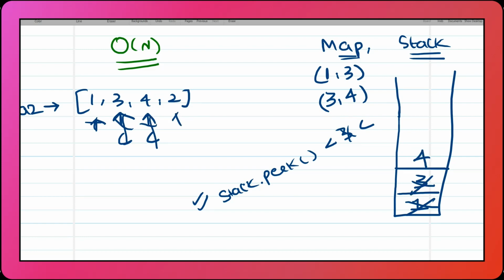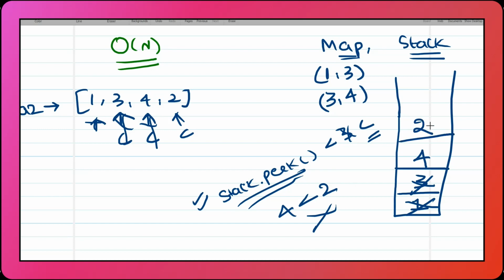Then my current element is 2. For 2, is this condition going to be satisfied? Here the peek is going to be 4, and the current element is 2. No. Then simply insert 2 here. And we have reached the end of the array. So once we reach the end of the array, the ultimate pairs are going to be, for